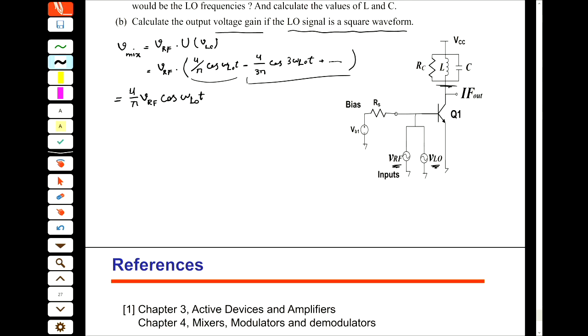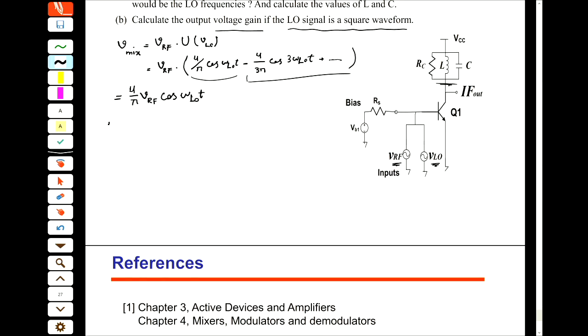All right, and then the output current, I mean the I out, equals